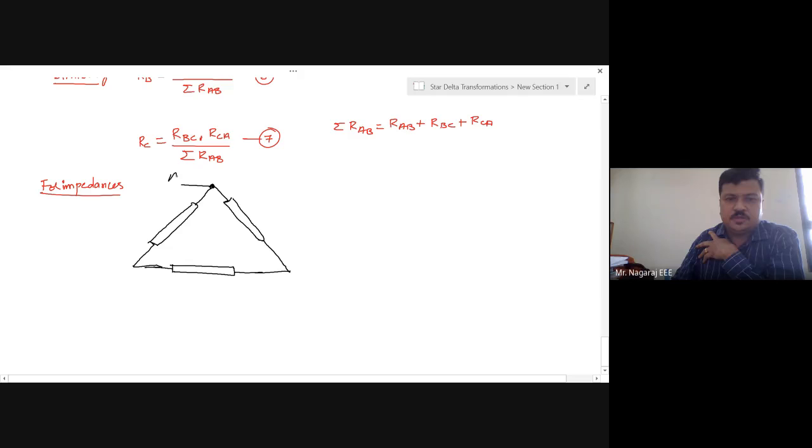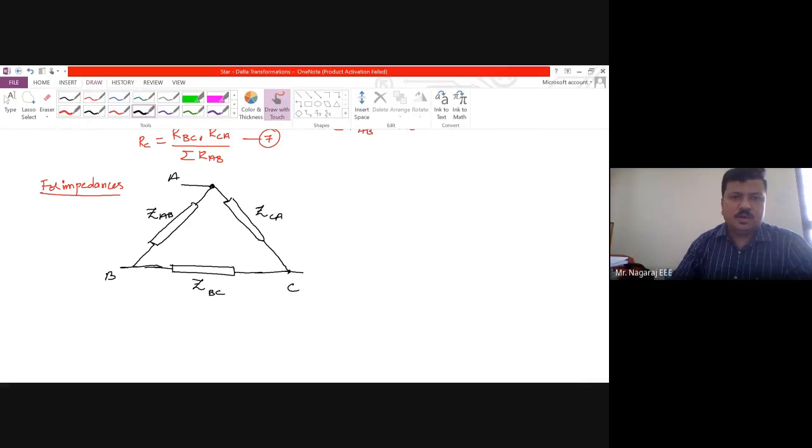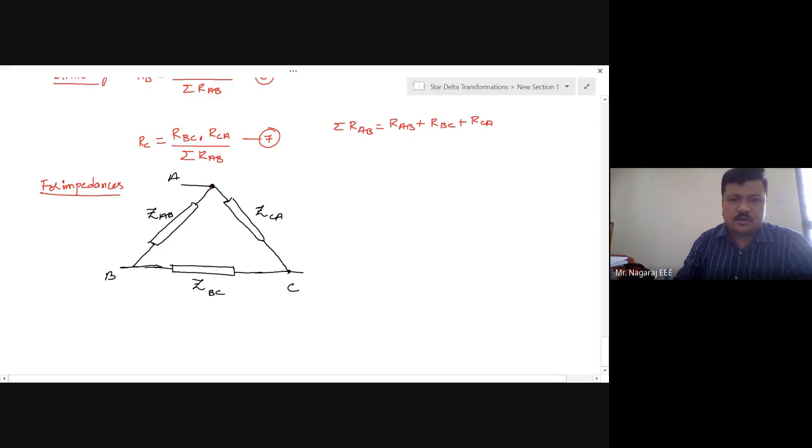So let this be terminal A, terminal B, and terminal C. So this gives ZAB, ZBC and ZCA. We know that the impedance is represented by the alphabet Z. Now, if I have to take the equivalent impedance of delta in star,